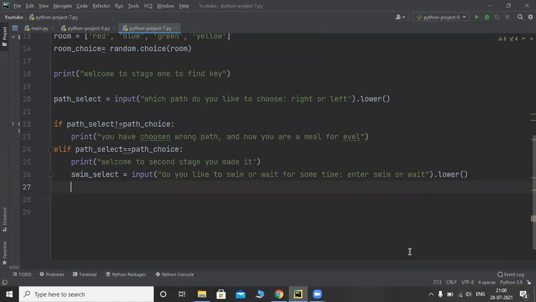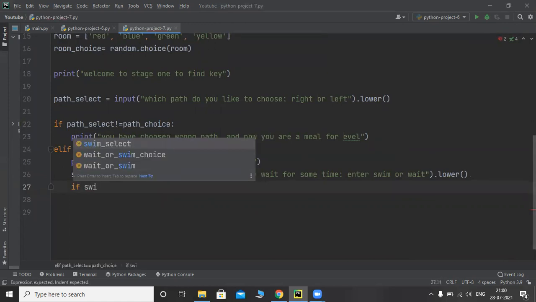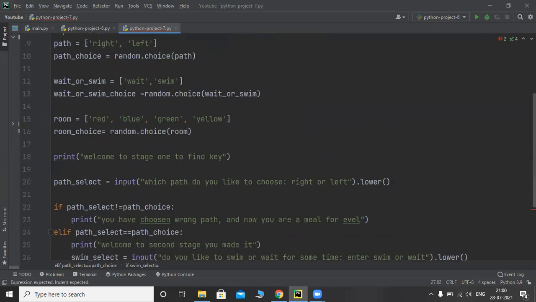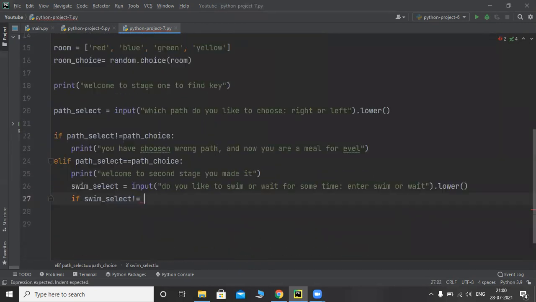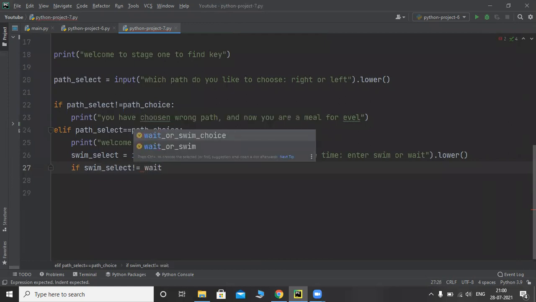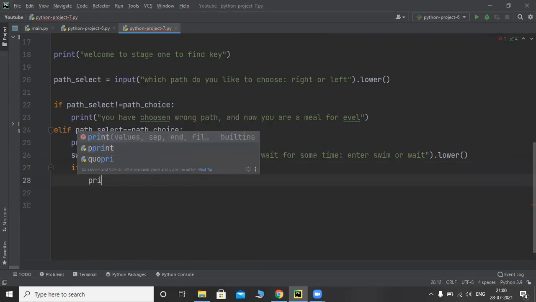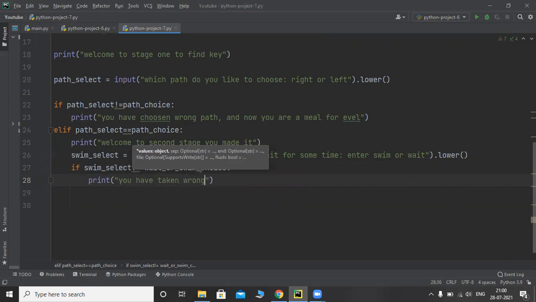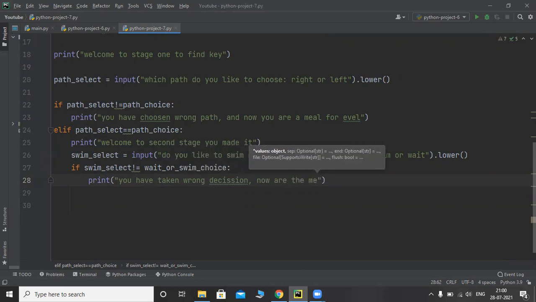Then if swim_select is not equal to the second stage variable, the wait or swim choice, print you have taken a wrong decision, now you are the meal for evil.